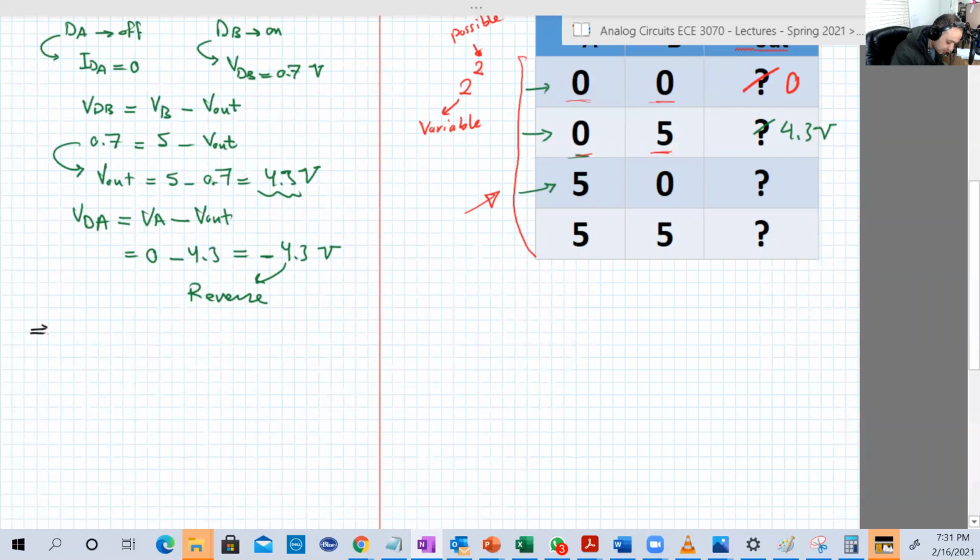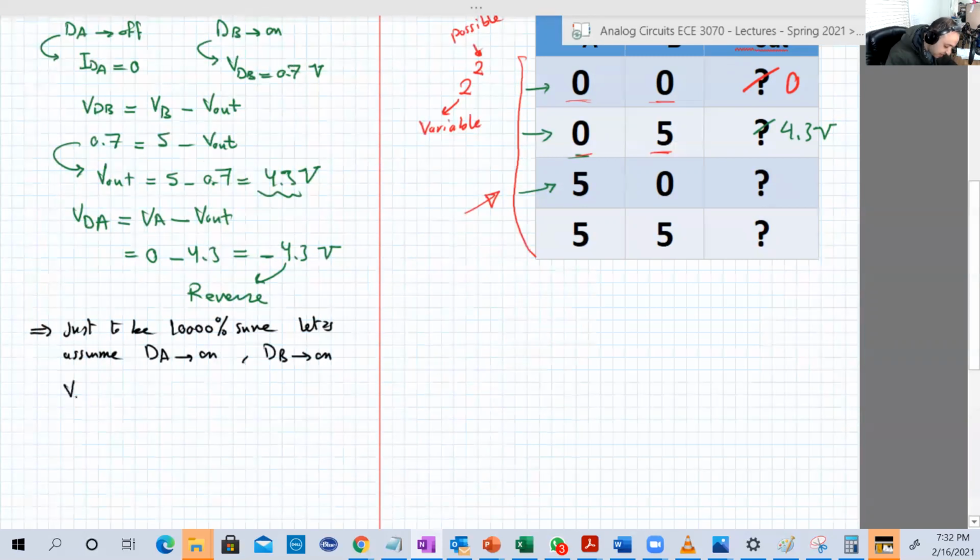Just to be 10,000% sure, let's assume DA on, just like diode B. If DA is on and DB is on as well,